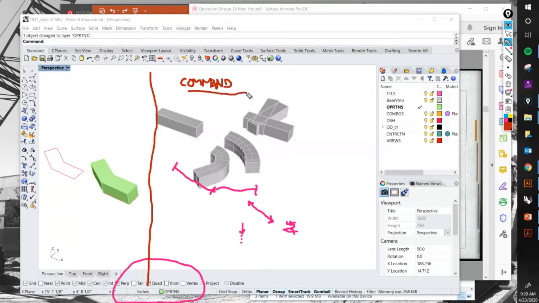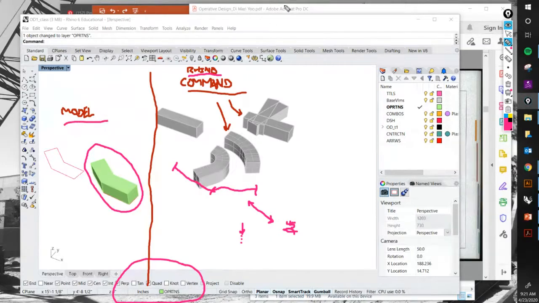Right, what the Rhino command does, which is again this right here. So this is the Rhino command, versus what actually is the modeling part, right? So this was the model part, and as you noticed, I used more than one action to draw this bend, but it wasn't an immediate bend, right? So sometimes some of the Rhino commands will be exactly the modeling or the operative part of the model, but